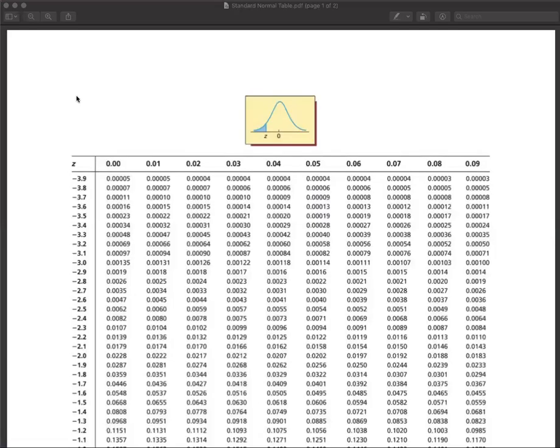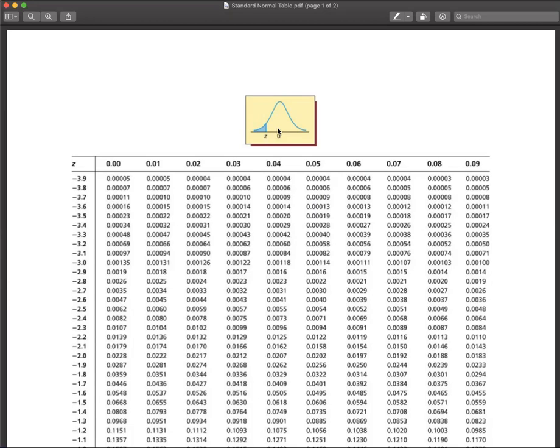So this is the standard normal table that we will be using. As shown here at the top, the blue shaded part is an area to the left of a z-score, because again, our table gives us areas to the left. So if we are looking for the area to the left of z-score -1.15,